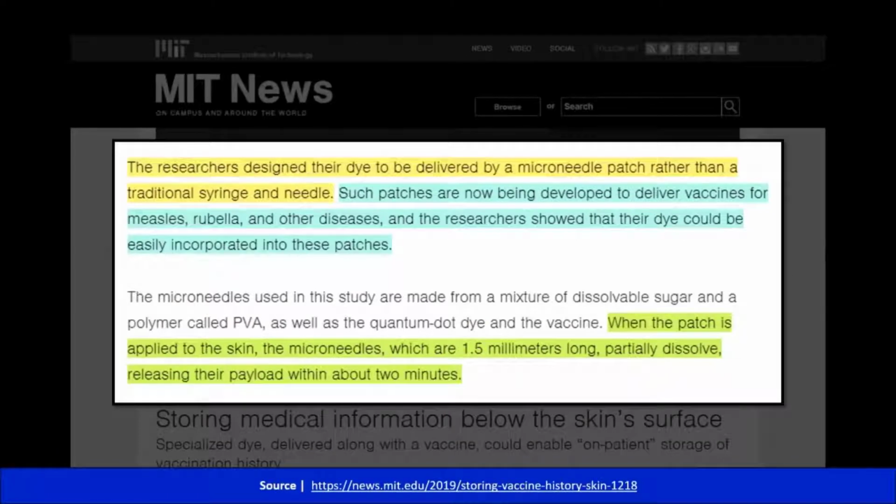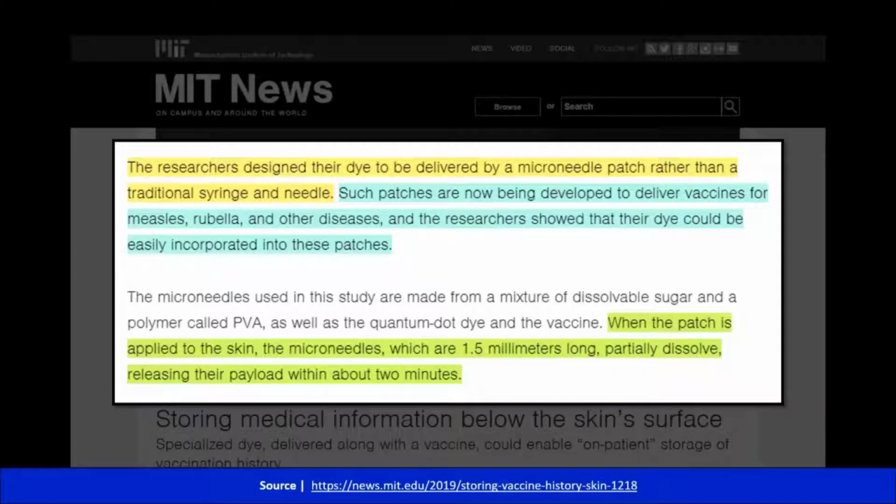The researchers designed their dye to be delivered by a microneedle patch rather than a traditional syringe and needle. Such patches are now being developed to deliver vaccines for measles, rubella, and other diseases. And the researchers showed that their dye could be easily incorporated into these patches. When the patch is applied to the skin, the microneedles, which are about 1.5 millimeters long,